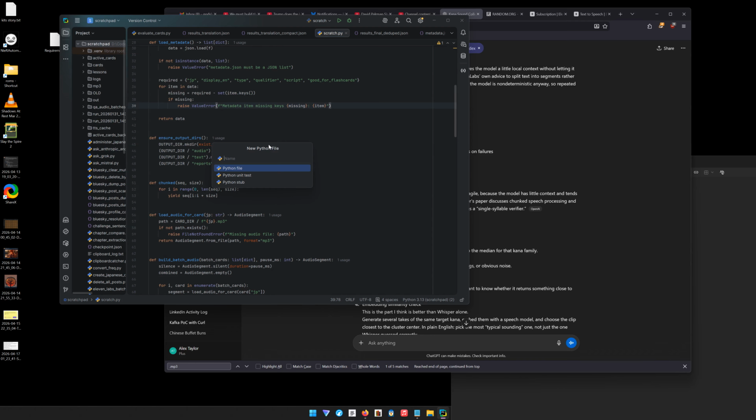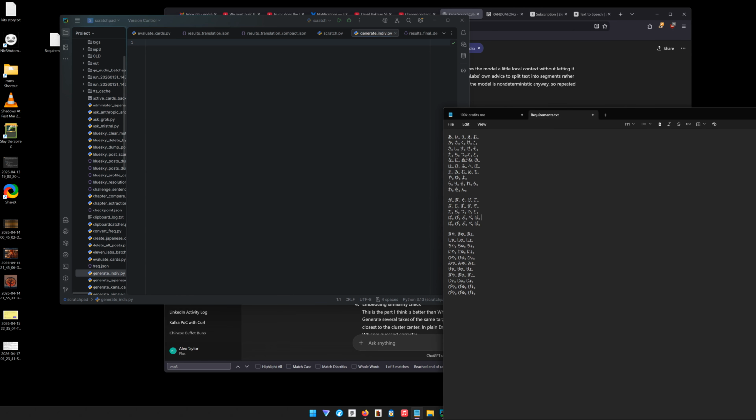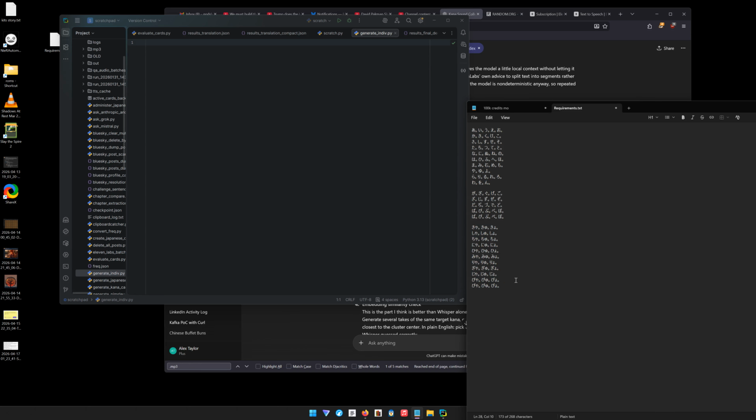So let's see, Python file, generate, whatever. The name of the file doesn't matter. Okay, so we come over here. This is what we need to generate. Okay, so it looks like these are just hiragana. And honestly, the pronunciations for the katakana are going to be the same as for the hiragana. So